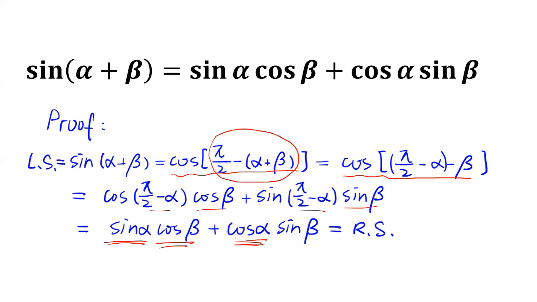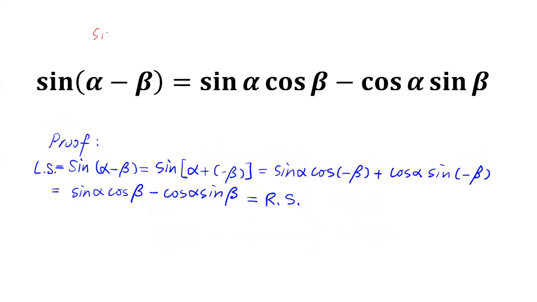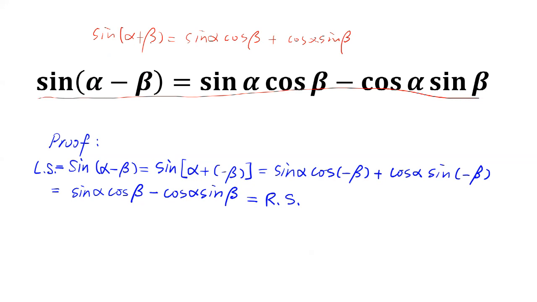No? Okay, so next, because we have already proved that sine alpha plus beta is sine alpha cosine beta plus cosine alpha sine beta, right? So in order to prove this one, we can simply let beta become minus beta. So in this way, the left side is sine alpha minus beta, which is sine alpha plus minus beta, which according to this formula is sine alpha cosine minus beta plus cosine alpha sine minus beta, which is